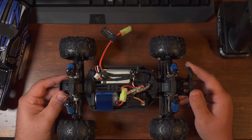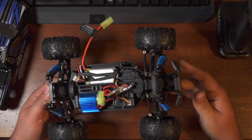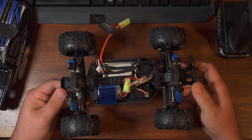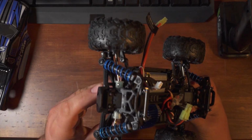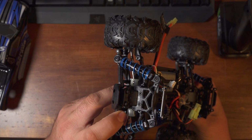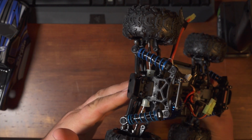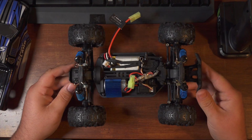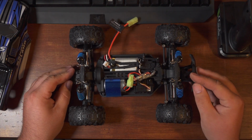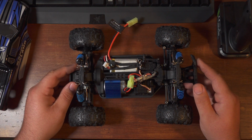One of the first things I noticed when I took it out of the box was a lot of resistance in the drivetrain. I actually removed the motor and confirmed that the differentials are tight in their bushings. The differential output yokes are plastic and spin directly in the bronze bushings, and it may free up with use, and it might hold up okay, but it doesn't inspire confidence that it's a robust drivetrain for a 30 mile per hour RC truck. On the plus side, the differentials are one of the parts that I found available for